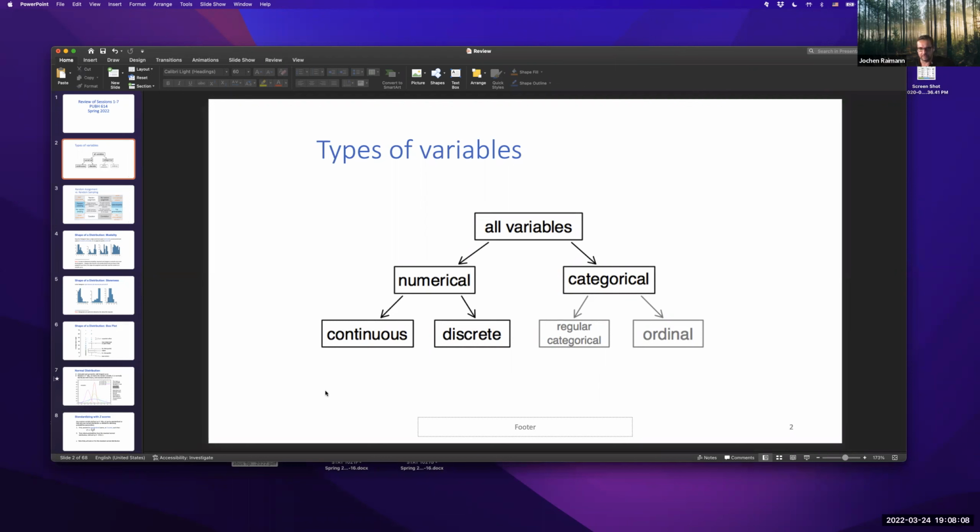You can further categorize them into interval and ratio variables, which wasn't done for this course. Then you have the discrete variables. Counts, for example, would be considered discrete variables, in distinction to categorical variables, where you have regular categorical variables that have no ranking and no order, in contrast to ordinal variables that have some form of ranking contained in them.